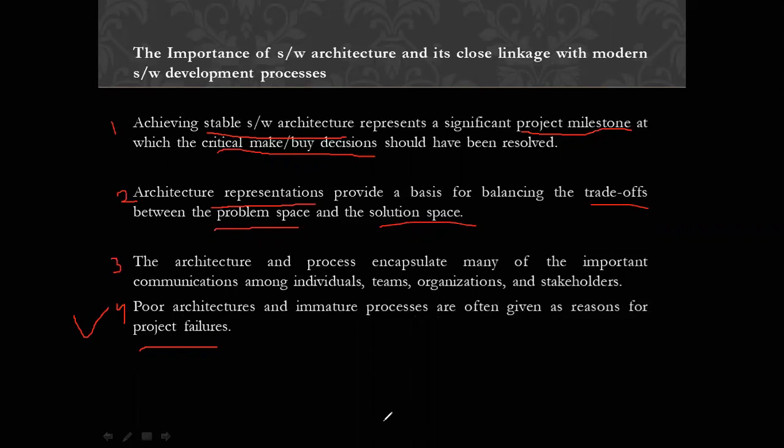Another thing, proper planning, a mature process, understanding the primary requirements, and a demonstrable architecture can play a very crucial role. They can play a very important role. Architecture development and process definitions are steps that map the problem to a solution without violating any rules or constraints that were set at the start. So these are some points that you have to remember.